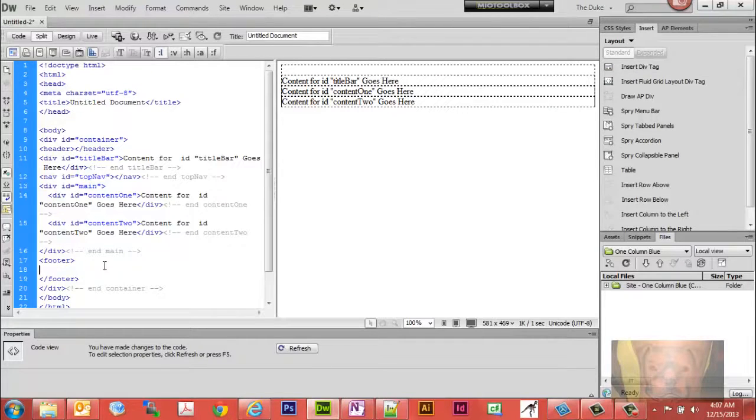Actually, it's going to be a nav with an ID of bottom nav. And we'll go ahead and close that. And there we have the basic structure